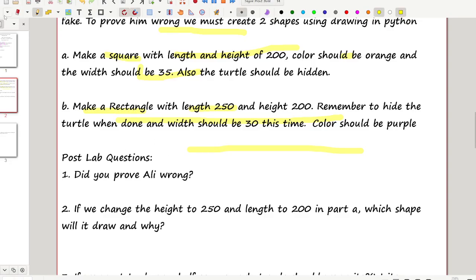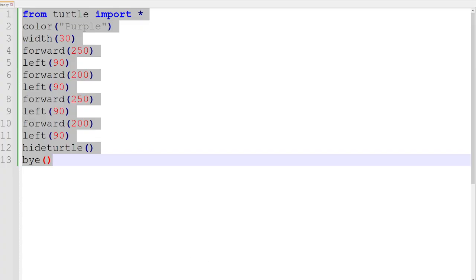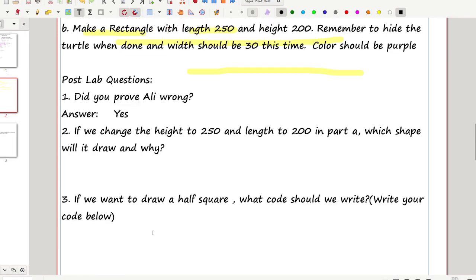Now we have to answer two of the questions. So first question is, did you prove Ali wrong? Yes, we did prove Ali wrong, because we can draw in Python, as you can literally see that we are drawing by importing. Okay, so question 2 is, if we change the height to 250 and length to 200 in